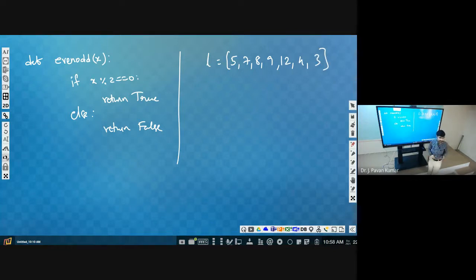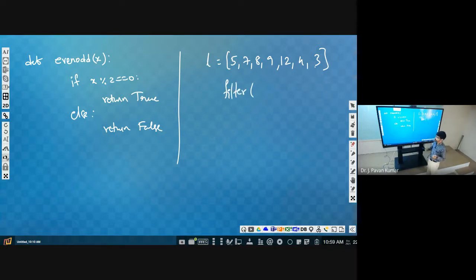Like this, we are having a list L. Now, by using that particular function, we wanted to eliminate some of the numbers which are not satisfying that condition. So for that, we are having a function called filter.